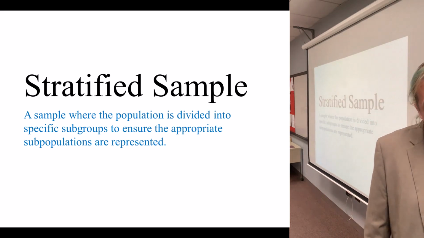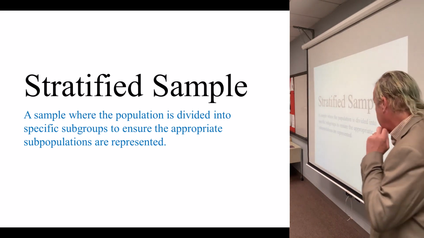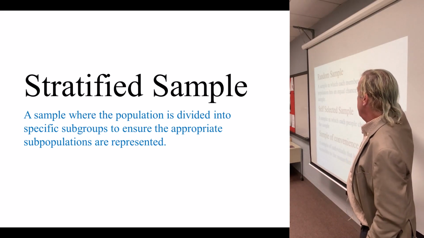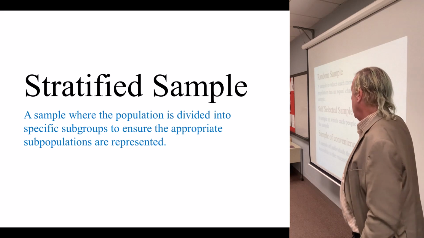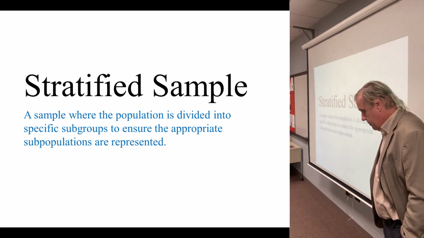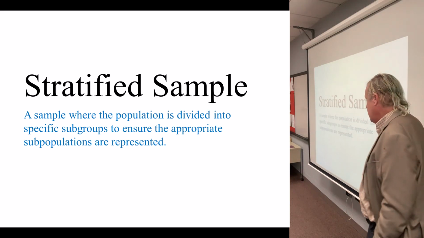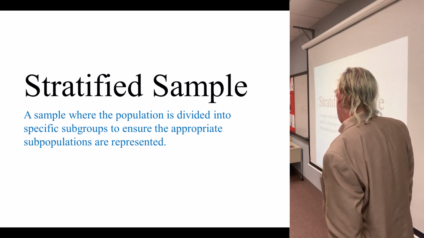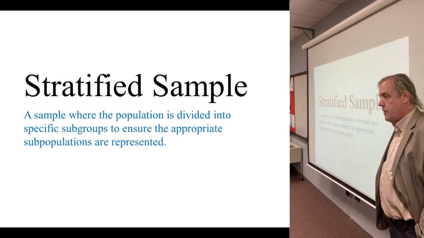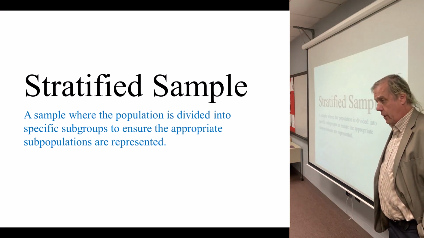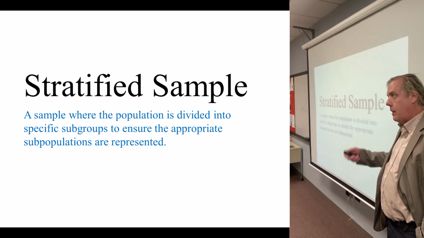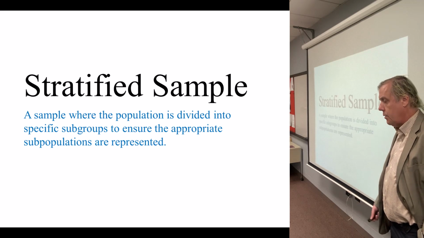One final kind of sample I want you to be aware of is what's called a stratified sample. A stratified sample is a way, when you can't get a completely random sample, to try and approximate it. And so what happens is you divide the population into specific subgroups to ensure that those subgroups are represented properly. So in the Milwaukee area renters study, which gave the statistics about eviction for Milwaukee that I use,